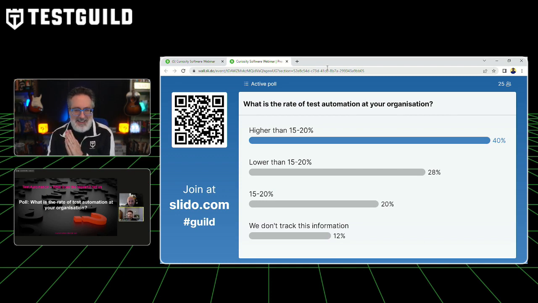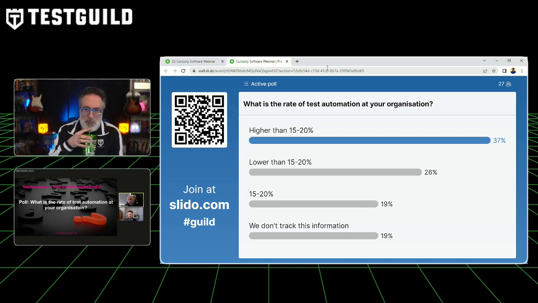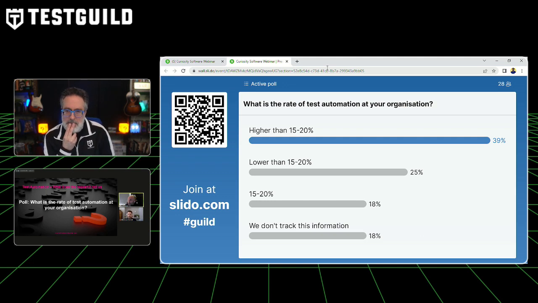Yeah, a real mix, isn't it, Rich? Yeah, for real. So is this normal? What you normally see? It is. I think obviously the audience is an engaged test automation crowd, right? And therefore, if I were a betting man before this, I would have said we might see a larger proportion of people coming in at the higher rate. But I think it's interesting, right, in that we're seeing teams, even teams engaged in the conversation of automation, are really struggling, right? And therefore there are some real challenges there, which is good.